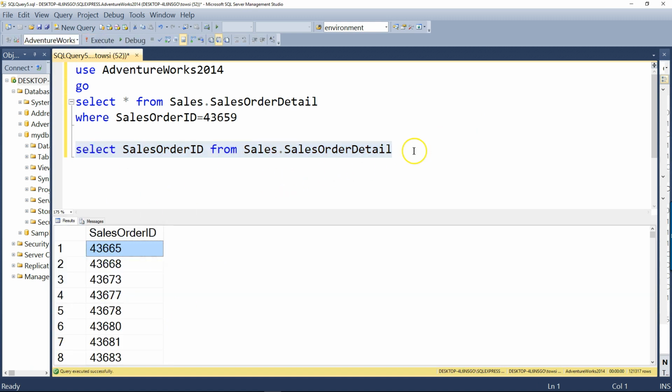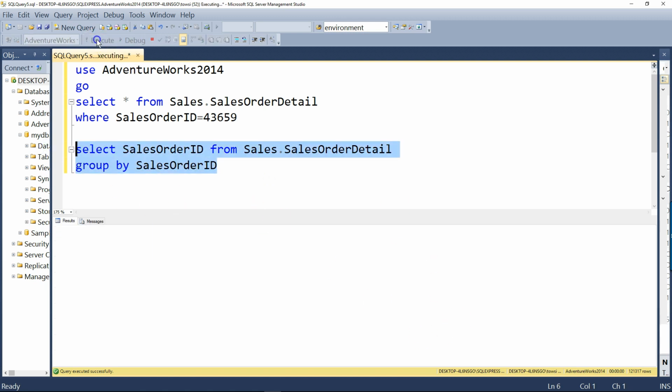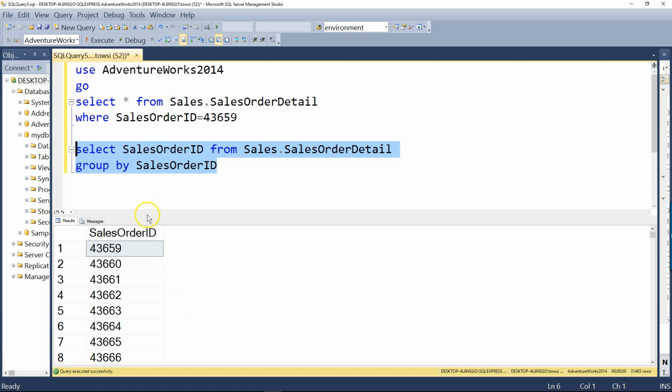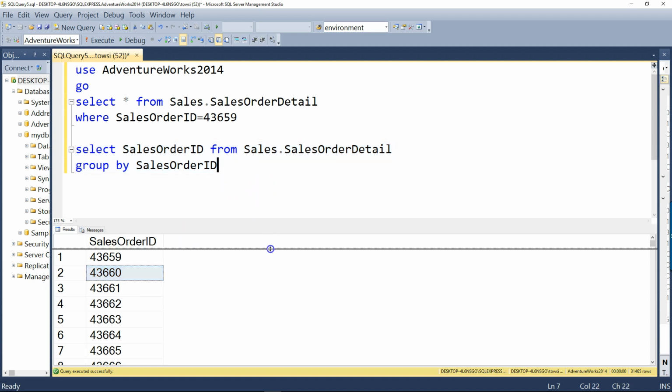At the next stage, let's group by it. So type group by sales order ID, and that's good. So let's group by it. And it looks as shown here. So you've got groups now of sales orders. So we can summarize, for example, all the info that pertains to order 43659, summarize all the info that pertains to order 43660, and so on, you see? All right, at the next stage,